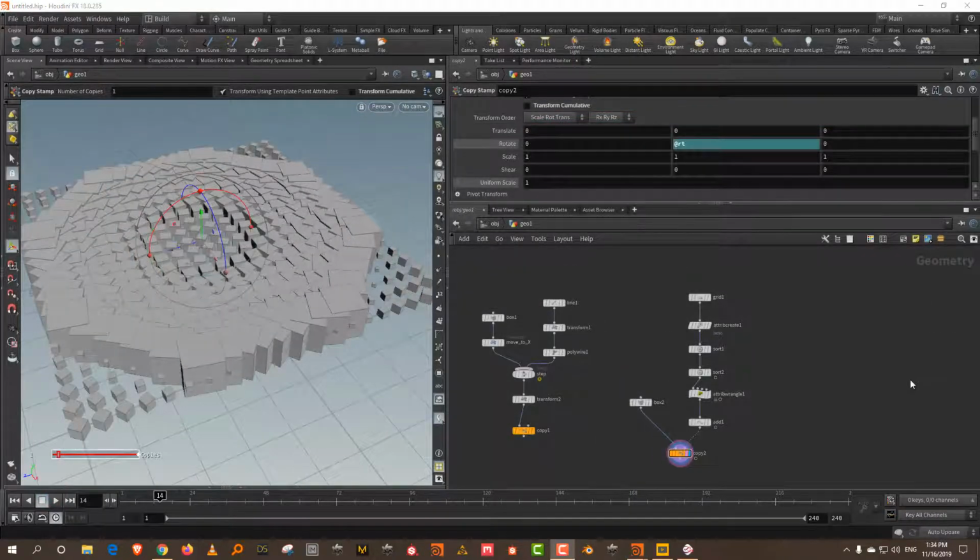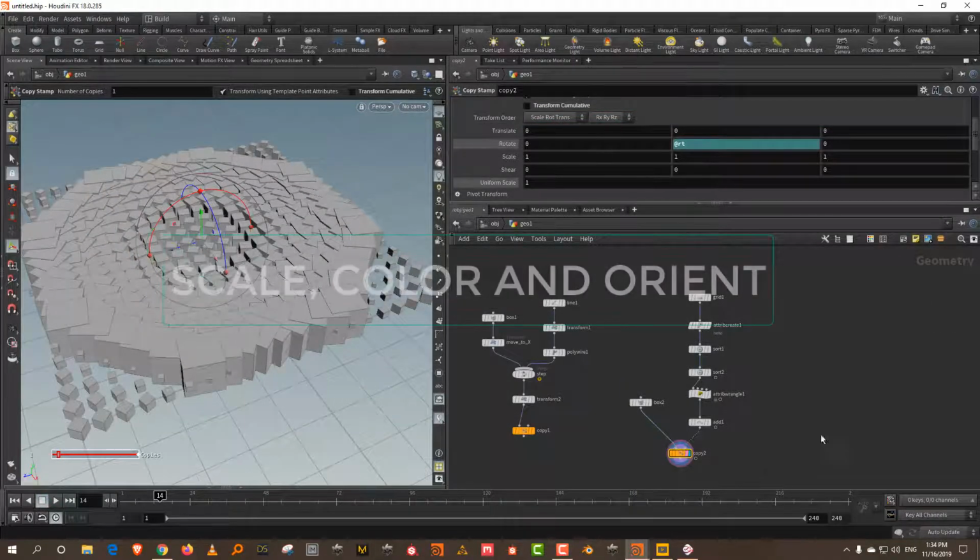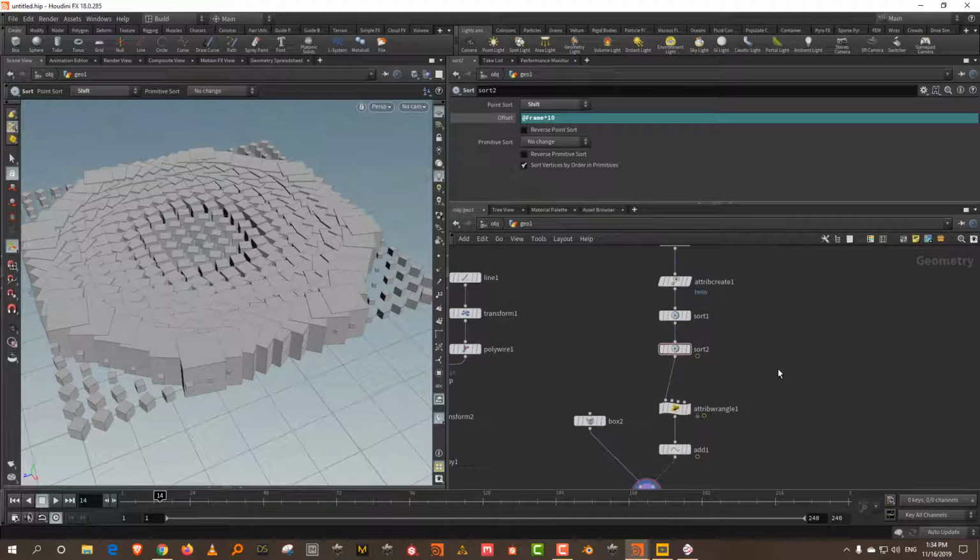Now let's take a look at a couple more attributes that allow you to modify copies or points. The first one is called scale, which is essentially a vector. A p-scale is a uniform scaling value, and scale effectively allows you to modify just one particular axis. So it's essentially non-uniform scale. You can do X, Y, Z.